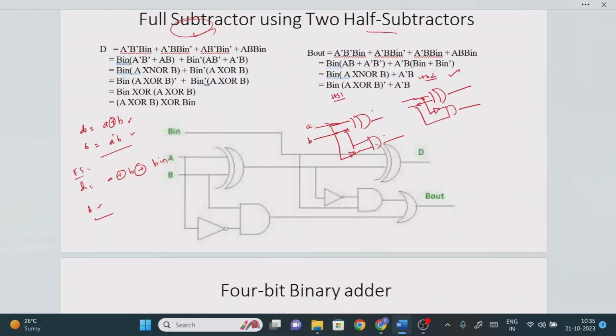Now for example this is one half subtractor, this is another half subtractor. How can we get the full subtractor? For that, just remember the block diagram of the full subtractor so that it is easy to find the final answer. How many inputs do we require? A, B, and one more, the borrow in. How many outputs are there? One is the difference, another one is the borrow. These two outputs are required, right?